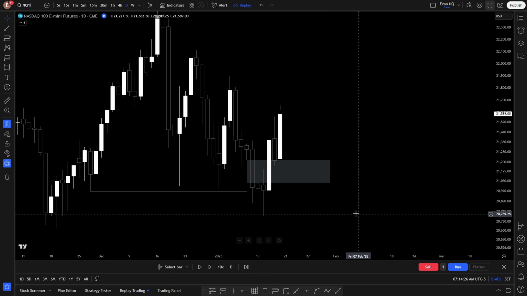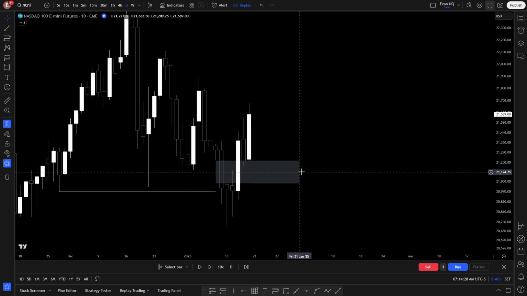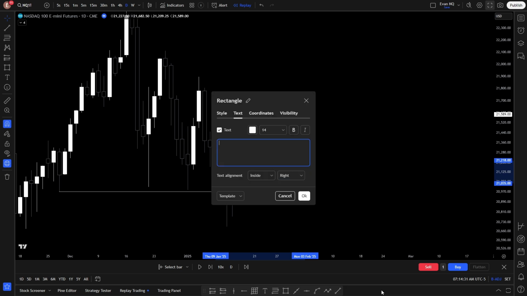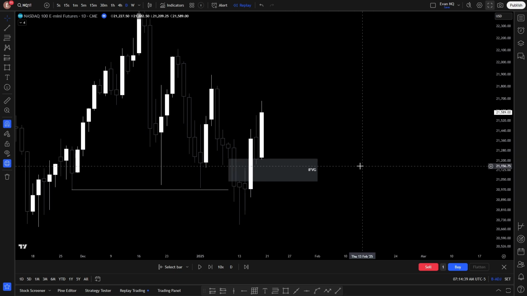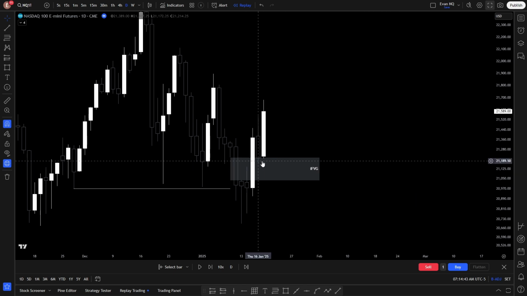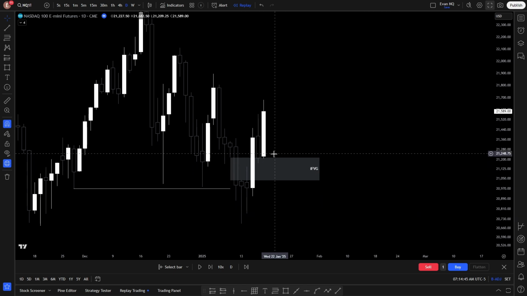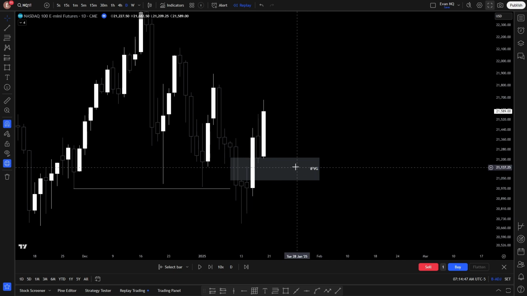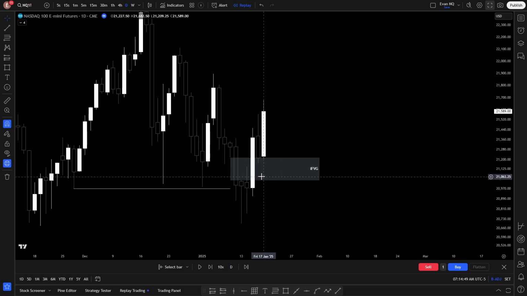I'm gonna take off the daily right there. You guys know it's there, right? Now this is an inverse fair value gap. So what is this telling us? This is telling us that price isn't bearish anymore. Price is absolutely bullish. I mean, just by looking at these candles, right? We came back up, disrespected this daily bearish fair value gap, came back down into it, tapped into it,